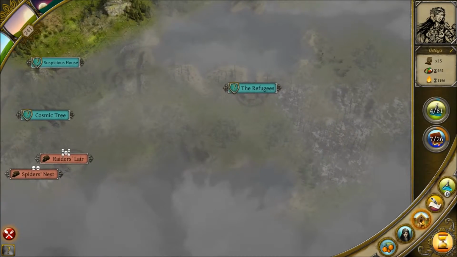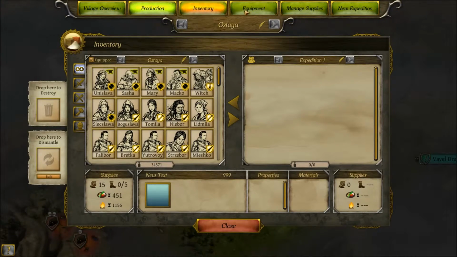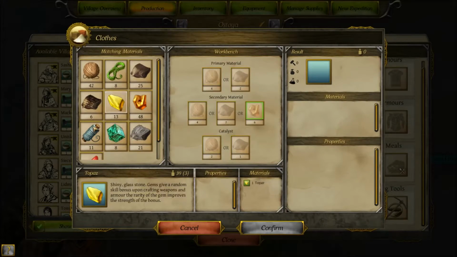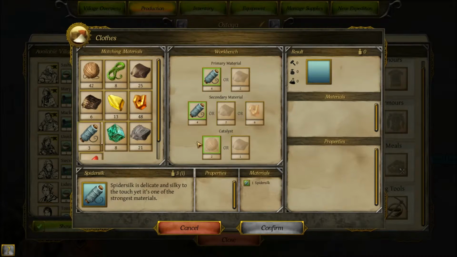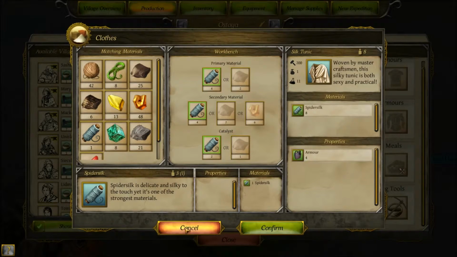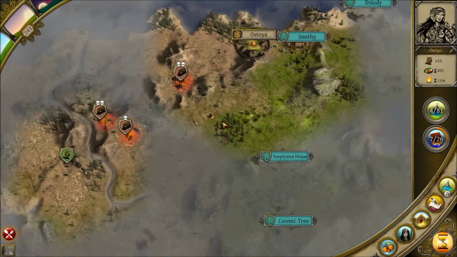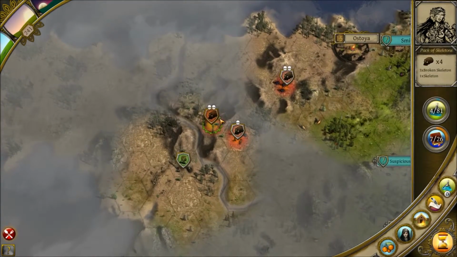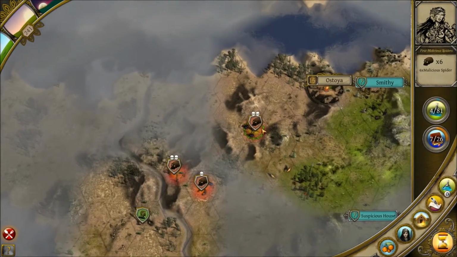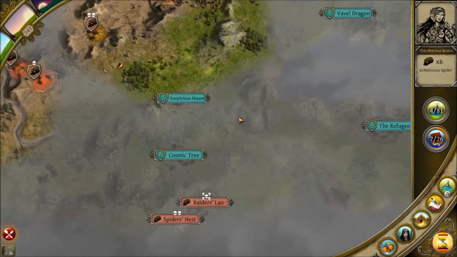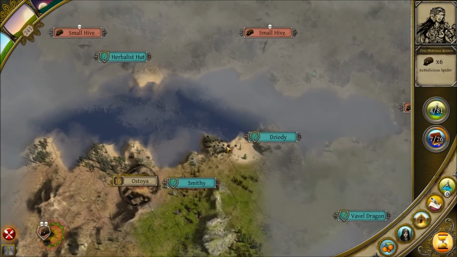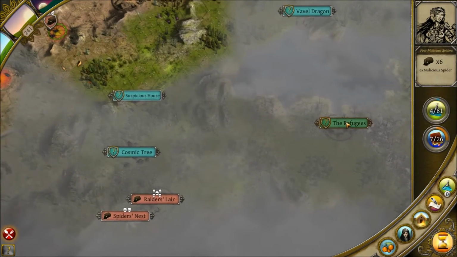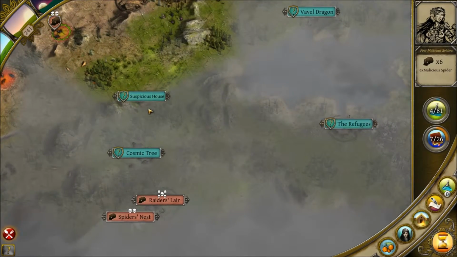No matter if I had spider silk research or not, I can still make this silk tunic, because you can find these materials through various sources besides gathering, like spiders. Where are spiders? Here's some spiders right here. If I go kill them, I'll get some spider silk. Let's say if I do a random quest, which I don't see any random. These are like over here. I might get some spider silk there, or